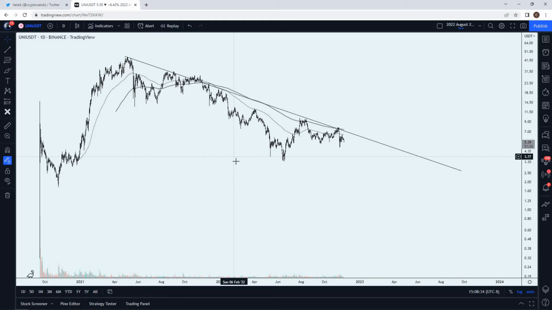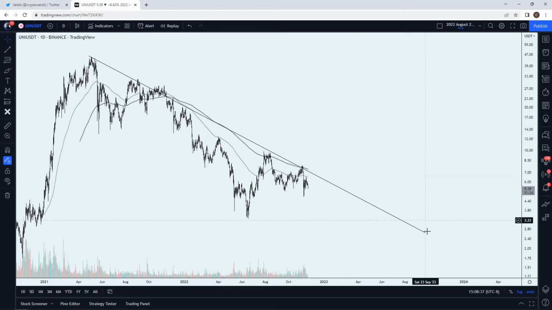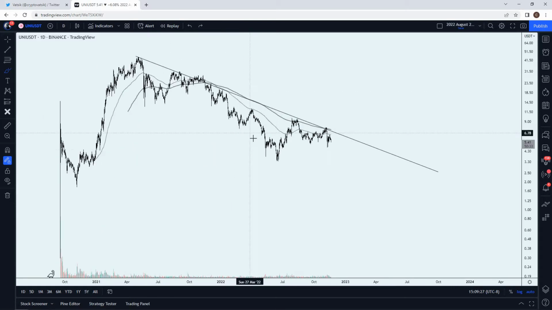And I'm not one to typically use diagonals, but this downward sloping diagonal is definitely respected, right? We had our top here and then we had it again here. So 1, 2, 3, maybe even 4, 5, 6 times roughly that this trend has been established and respected, okay? Now we've seen pretty much our full-blown bear market here. It doesn't mean it's over, but really what I mean by that is we've had a full move, and this upward trending price action here has really just been taken out, right? Just all the way back down from the beginning.